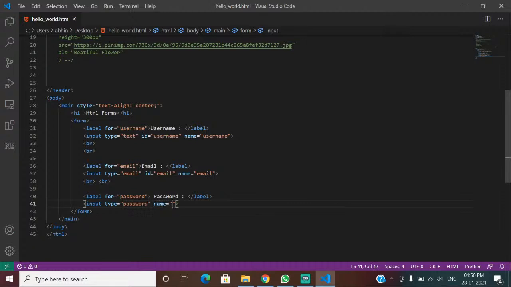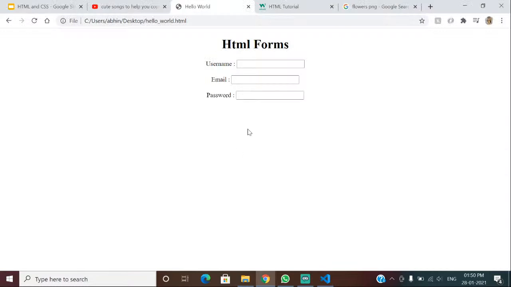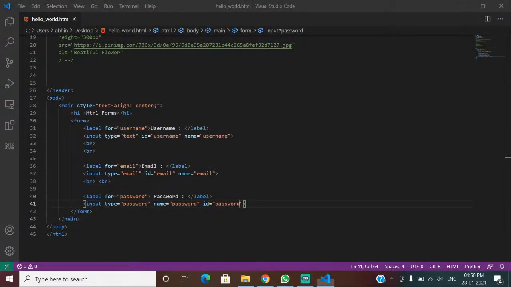And again, I write the name password, and the ID also same as my for, that is password. I just reload, and suppose I write anything here, it is displayed in dots. So next I'll just give a break to this,